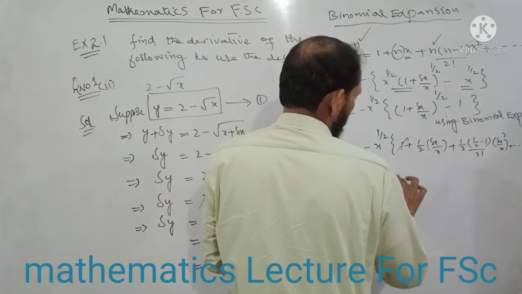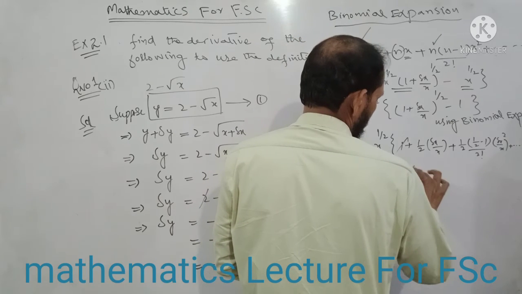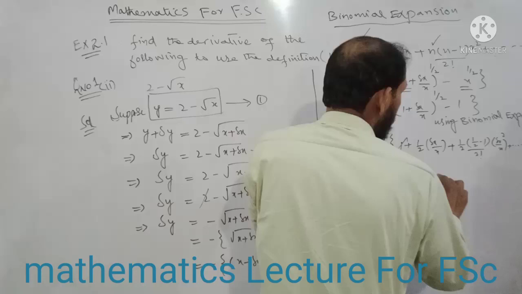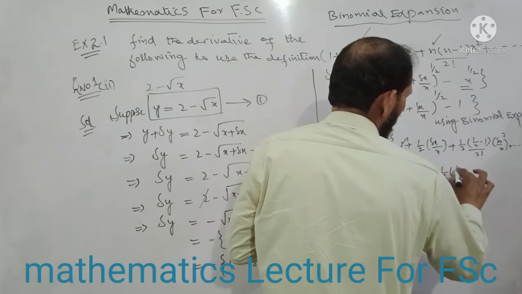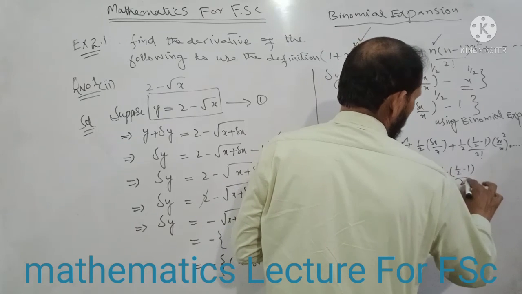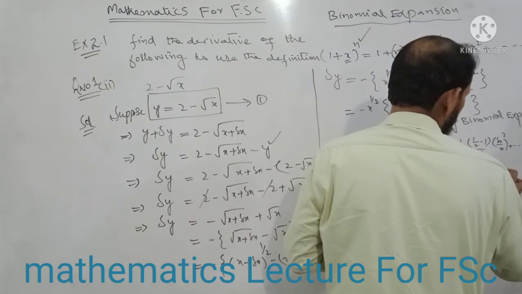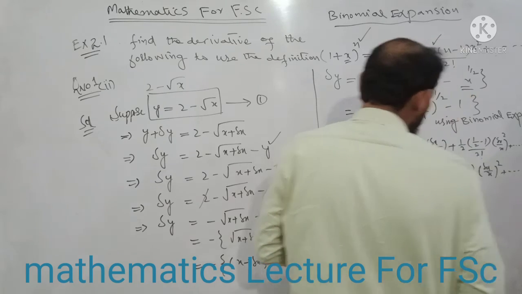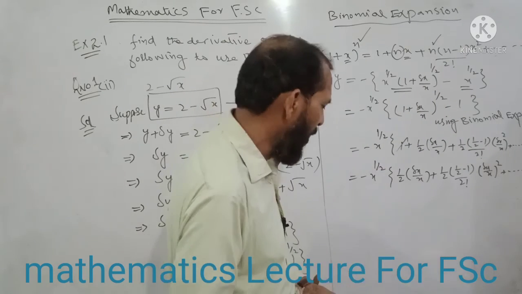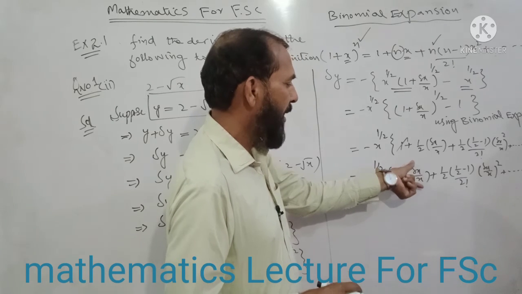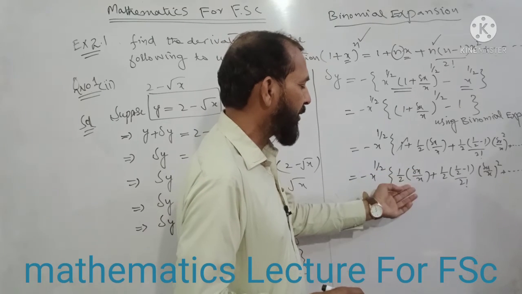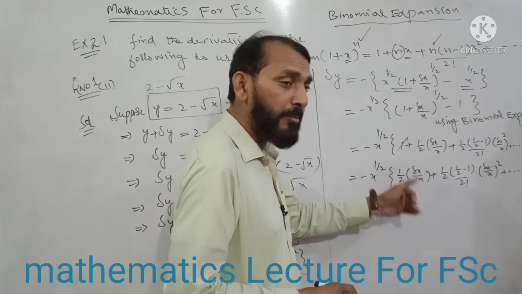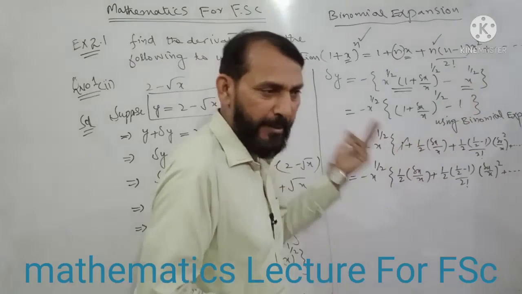We can write the remaining values as del x over x here, plus so on. Here we can take 1 over 2 and del x over x as common in all values, so we can take it as